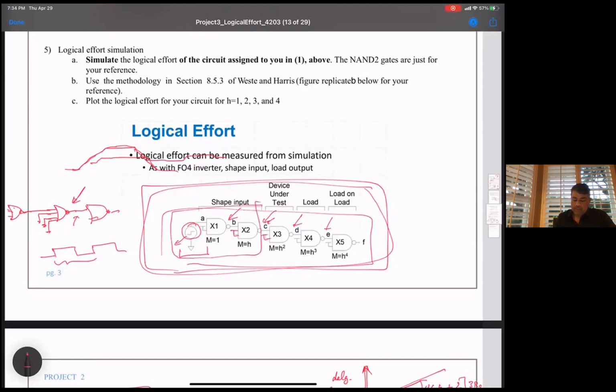These first two devices are just shaping the input. And then this one is just creating a reasonable load. You're trying to measure the delay on this device. Then you're going to plot that with different values of H. I've asked you for 4 different values of H. This is just an example for the NAND. Here's an example for the NOR. I believe for a NOR, you want to double check that, to hook it up to act like an inverter, you have to,